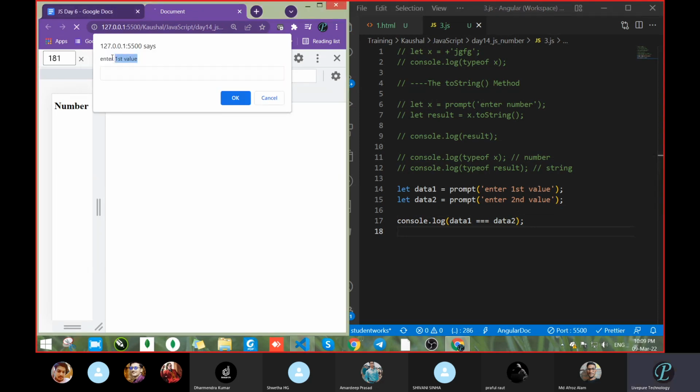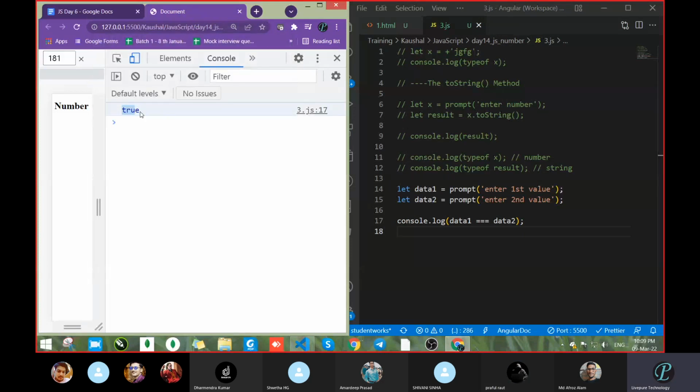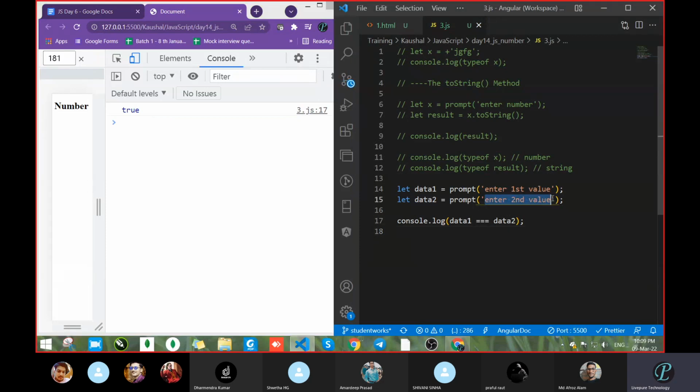So I enter the first value as 22, second value 22. Now tell me the answer. True or false? True, sir. Okay, it will be true, but it was given in string format, because the prompt method gives you a string.